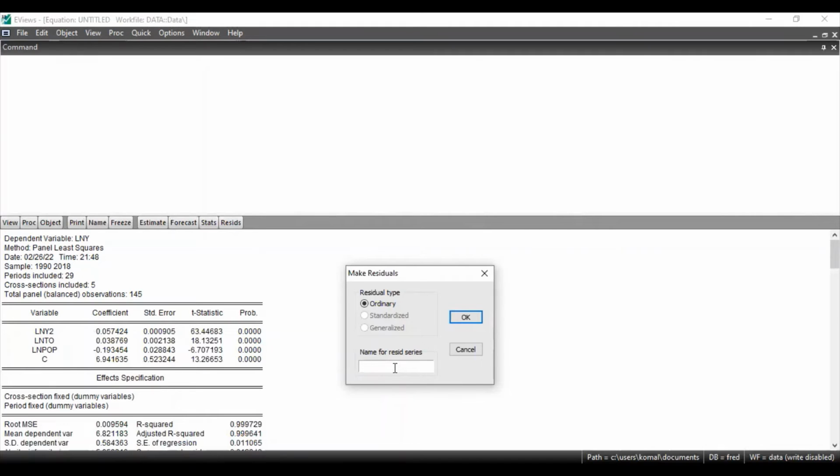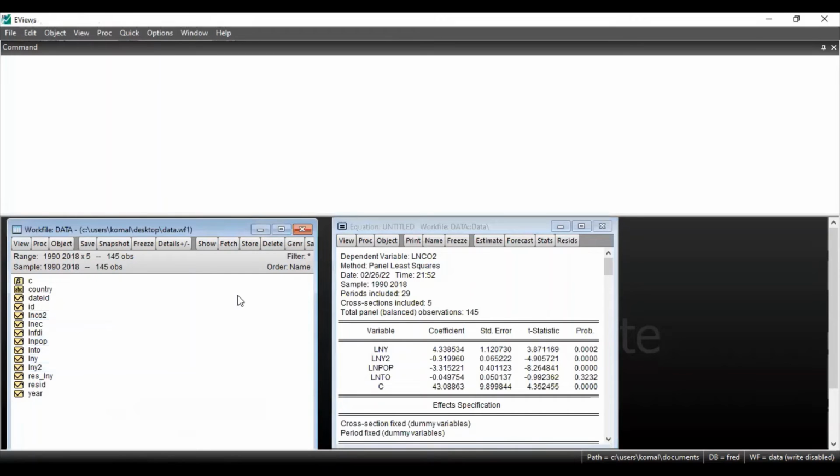Since the variable y was considered as the dependent variable, you need to write over here res for the residual, then underscore and the name of the variable which has been taken as the dependent variable in this regression. Okay, so this is ln y, right? So once you have written the residual, you need to click on OK. So you will see over here in the variable list, a new variable has been generated, which is the residual